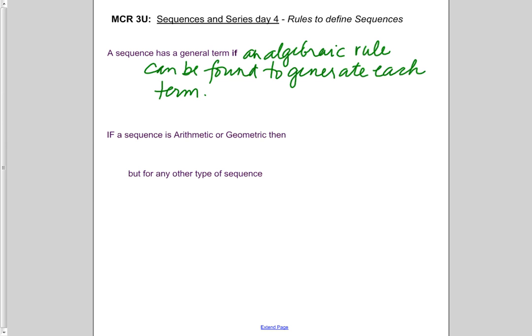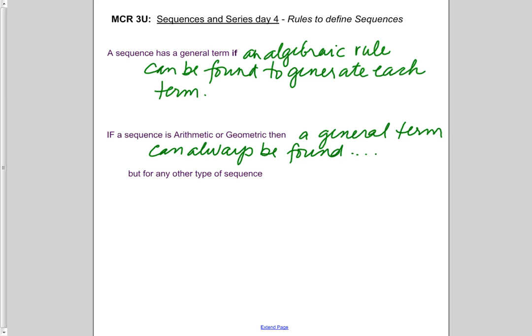So if a sequence is arithmetic or geometric, which we've looked at, then a general term can always be found. Very predictable pattern. We know how to go about finding that common difference or common ratio and writing the general term. But for any other type of sequence, it is not always possible